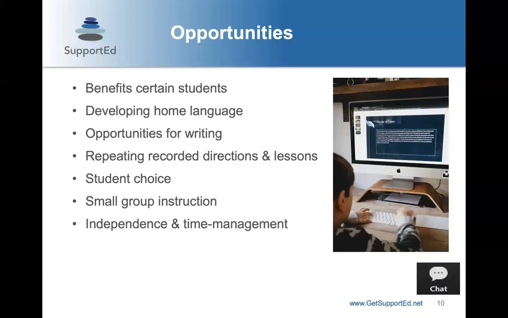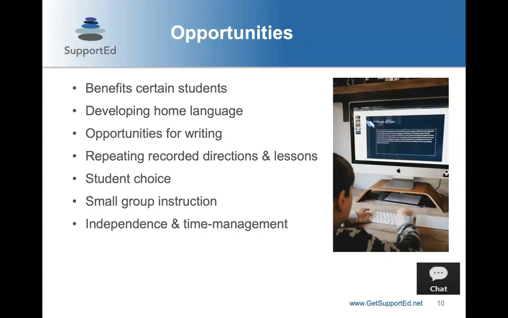It allows for student choice. It allows for small group instruction, so teachers meeting with small groups for very targeted instruction, and it's building independence and time management. Just to share some of the things that you've shared, more time and help from older siblings, right? So we're seeing older siblings taking on more responsibility for helping and having that support. More individualized instruction. They take time on their instruction, right? We know it's challenging in a classroom because we have those students that are finishing quickly, those that are taking longer. So it can be a time for students to really work at their own pace.